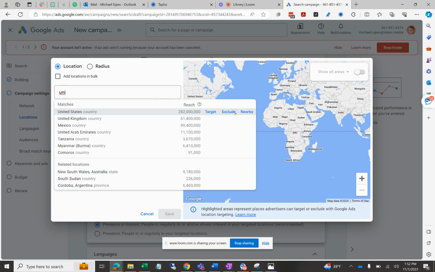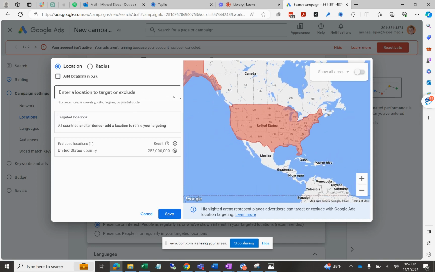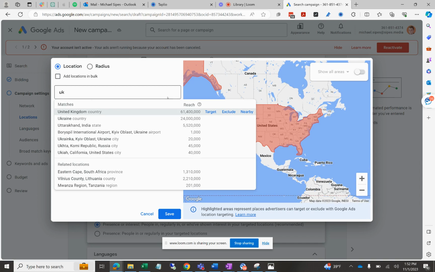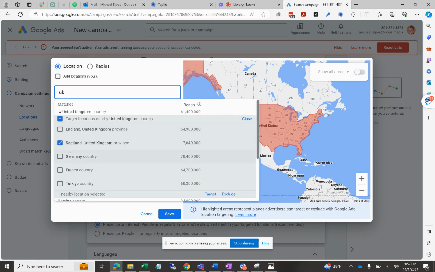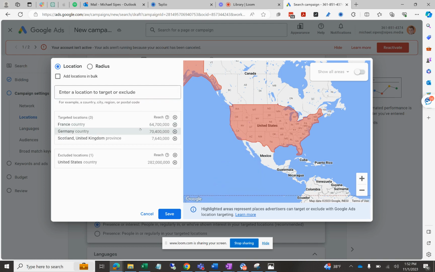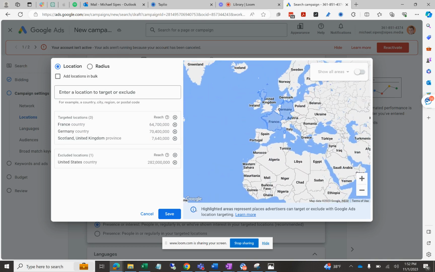You can actually exclude the United States. Or what you could do is say UK, but include nearby, so you could say maybe Scotland, Germany, France, and then target. So those are going to be your targets. Just keep in mind that you can really get granular on this, but there's two different ways you can search by location. So you can do even a zip code